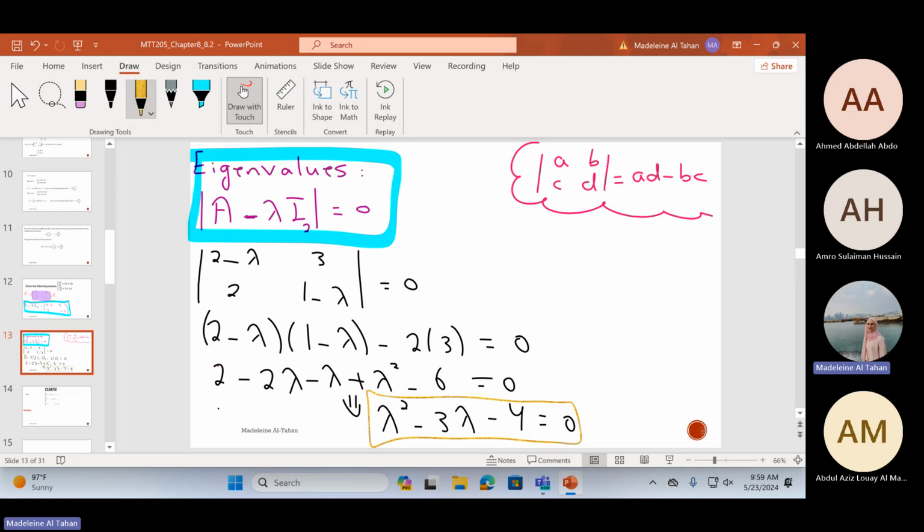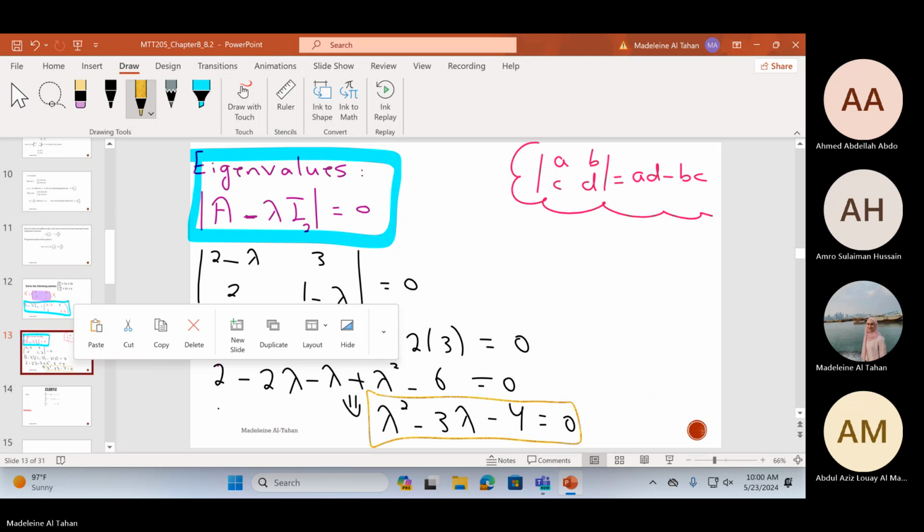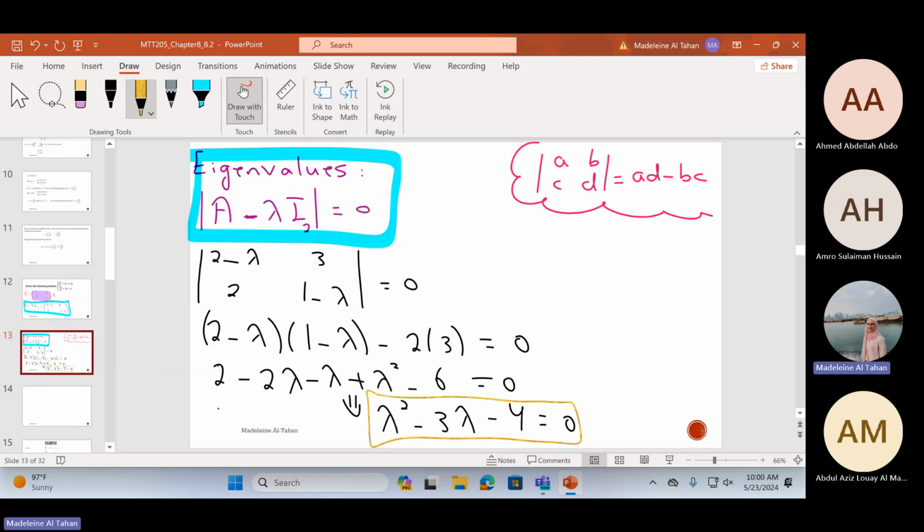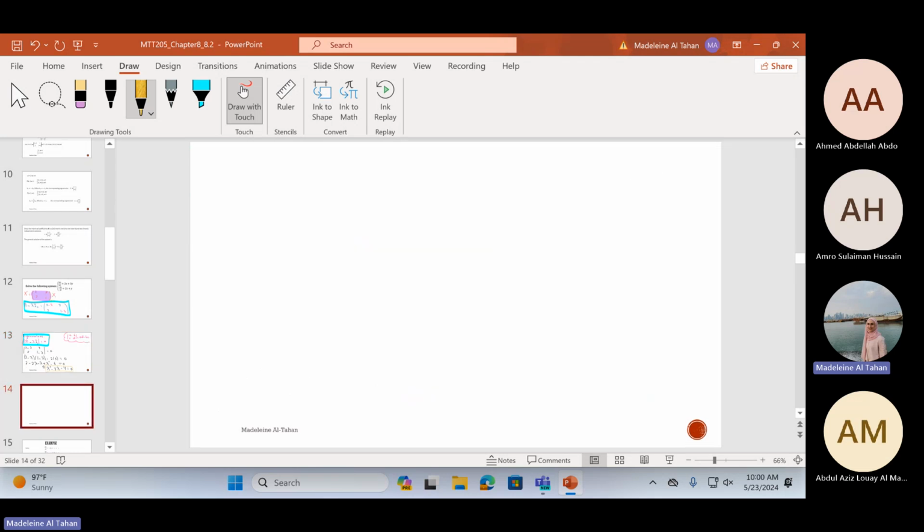From it, we will find the eigenvalues. Now, regarding solving it, you have the right to solve it either using the calculator or by factorizing, as you prefer, or in any way that you feel comfortable. Okay, so find the roots for it. Those who finish writing, please find the roots. The factors are 1, 4, and minus 1. So we will get lambda